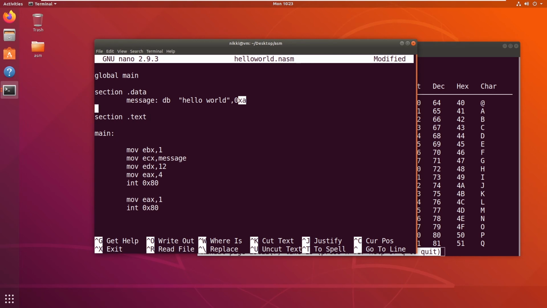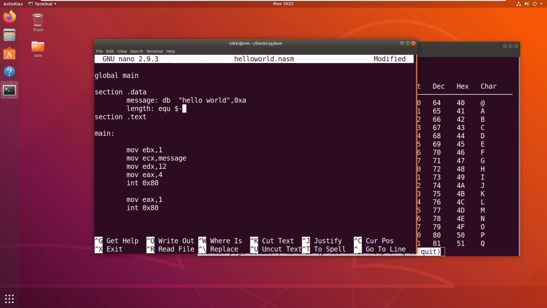So one way to get the length of the variable is we need to create a new variable for that length. I am going to call it length, and it's going to be defined bytes. Sorry, and I want to say the length equals to